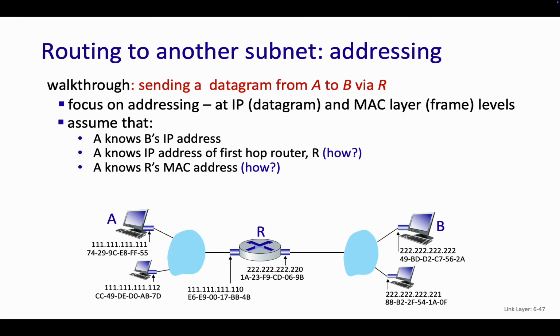How do you know its MAC address? Do you ask for your first hop router with the broadcast? So it could be done through DHCP or ARP, right? Because I get this, and I say, okay, let me send an ARP request. I now know the IP address of it, this right here. Hey, who has this IP address? And it'll respond back, well, here's my MAC address. So this would be done through ARP.